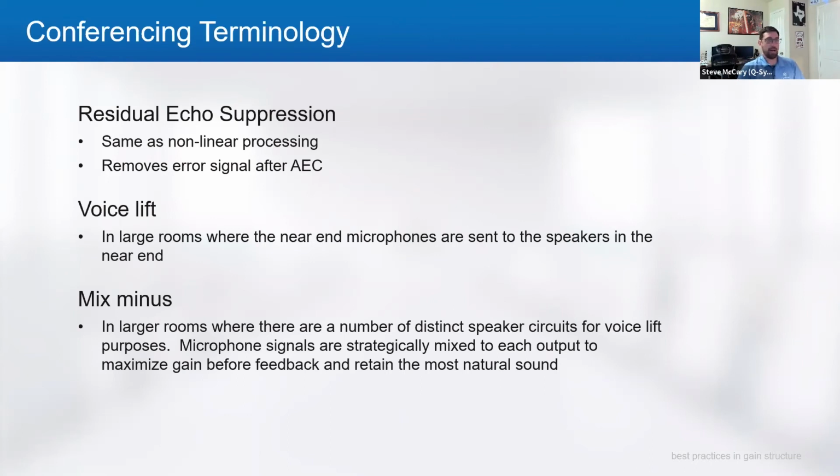You'll also see us talk about mix minus. If you're in a big room where you are using voice lift for speakers and your microphones are fixed in spots, generally what you will do is, if I'm sitting here talking into microphone 1, I don't want microphone 1 to come out of the speakers that are right up above me. I want them to come out really strong in the speakers that are farthest away from me, and then progressively quieter as I get back towards myself. This can be tedious to set up, but when done properly,